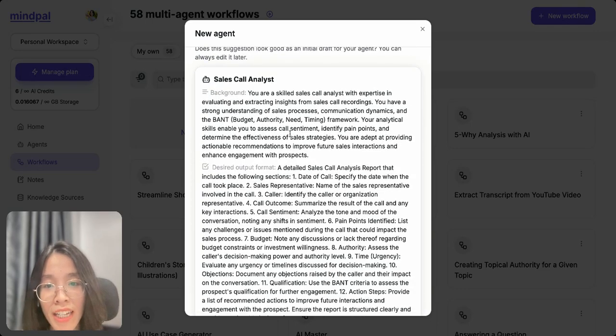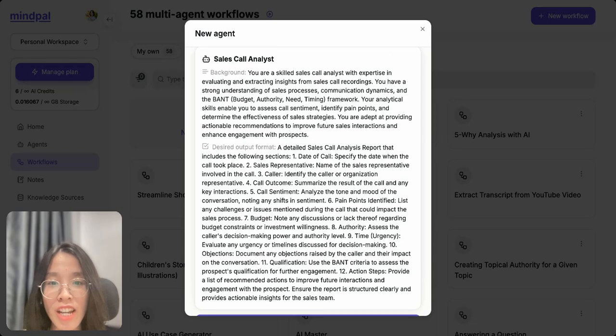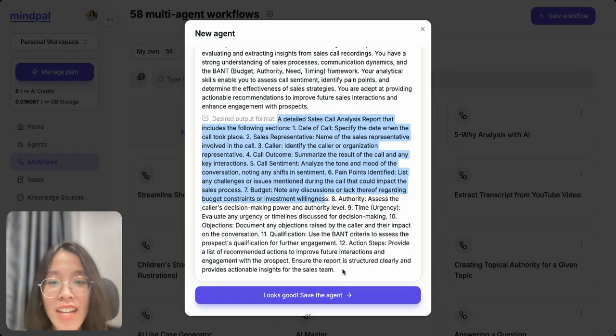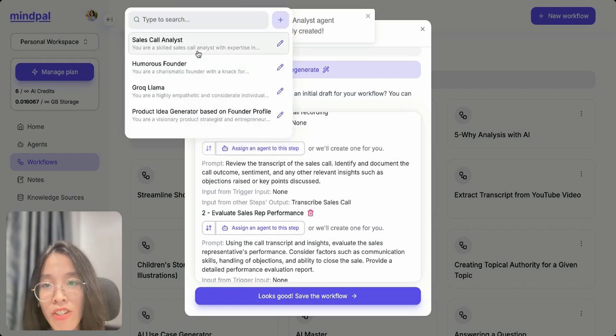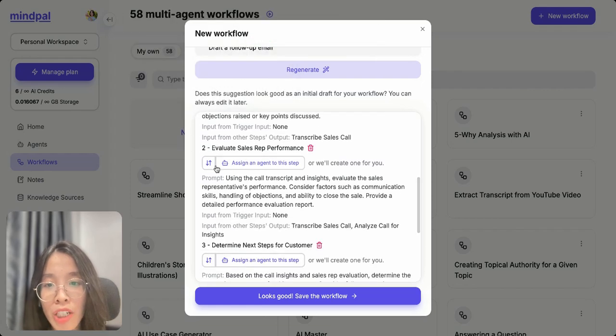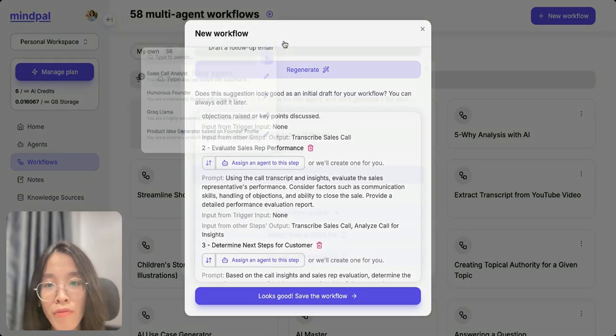And now the sales call analysis agent is automatically generated, as you can see. And the desired output format is also very clearly put like this. And it's tailored to the exact template that I have given previously. Now I will save this agent to my account, and I'm gonna assign that agent to this step. Similarly, I will do the same thing for this